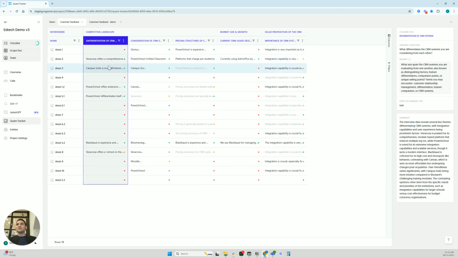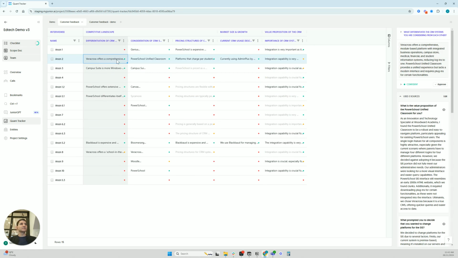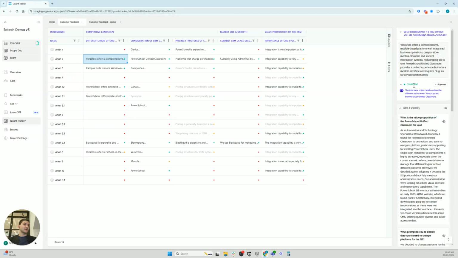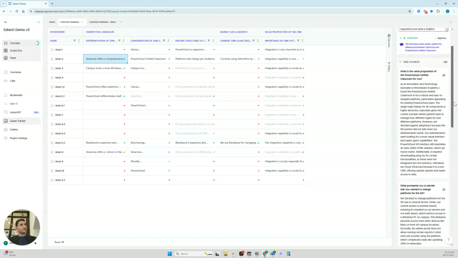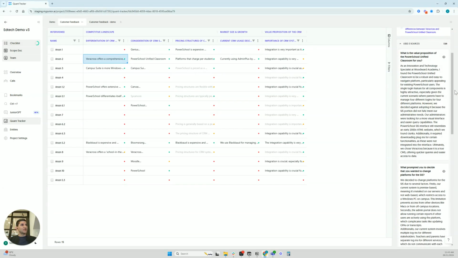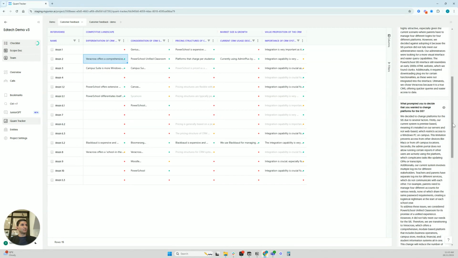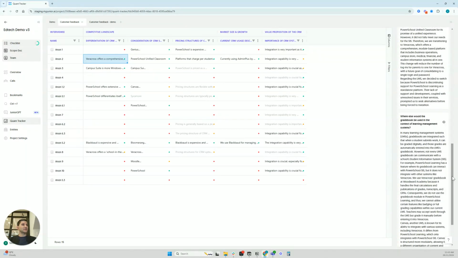The other thing it will do is you can click into each cell and it will show you that anonymous number 2 responded with this response. Junior has a high level of confidence on that response. You can either approve that you think it got that accurately, or you can say, actually, that wasn't quite right, and you can go in and adjust that text as much as you'd like. You can see the full audit trail as well on the right-hand side. So it used 3 different parts of the conversation in order to pull in that response and generate that high